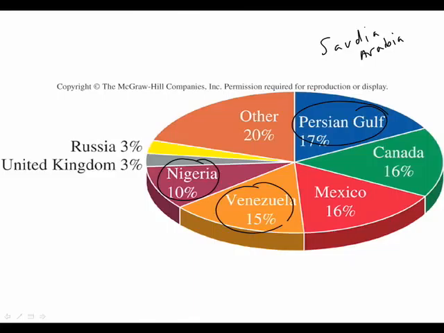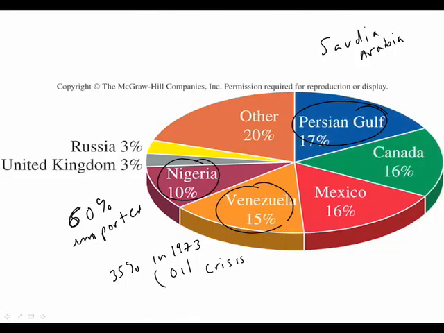Today we import 60%. And appreciate that back in the height of the oil crisis, it was only 35%. In 1973, I don't know if you've seen pictures of this, where people were lining up to get gasoline, and we are almost double the amount that we're importing now. With 5% of the world's population, we consume 25% of the oil produced.